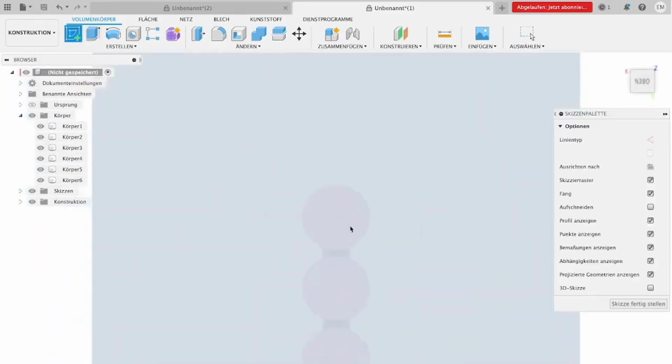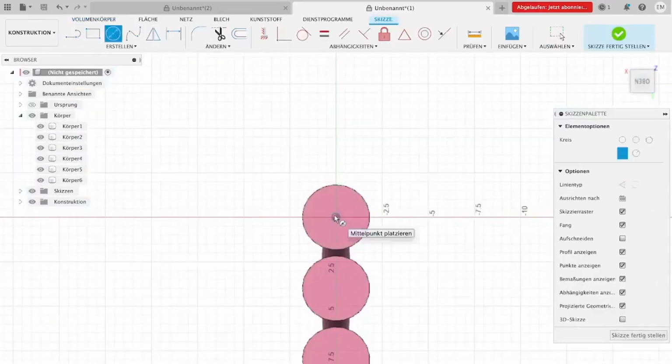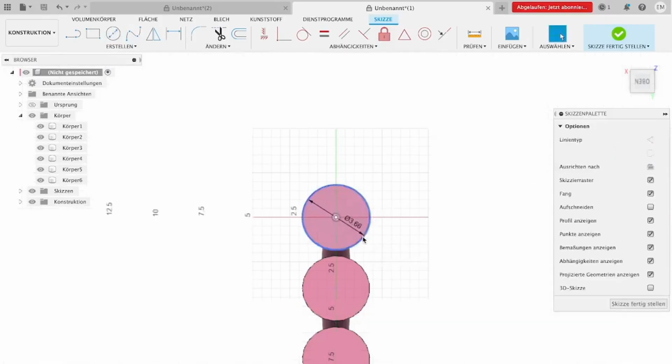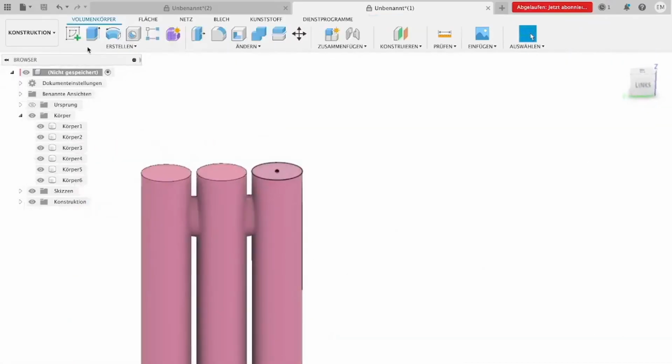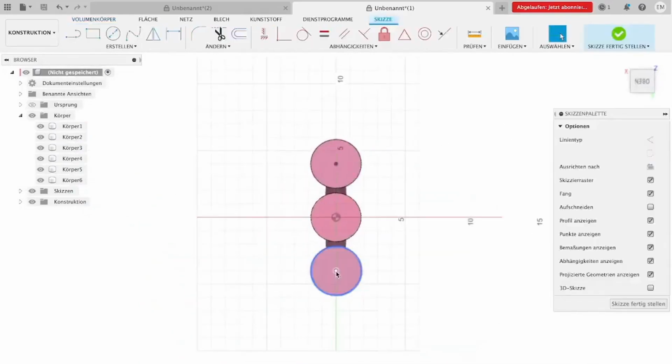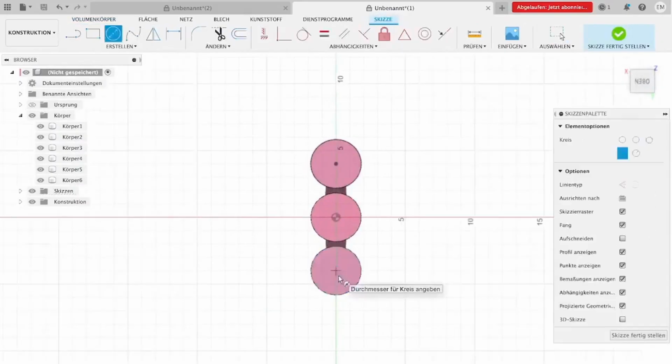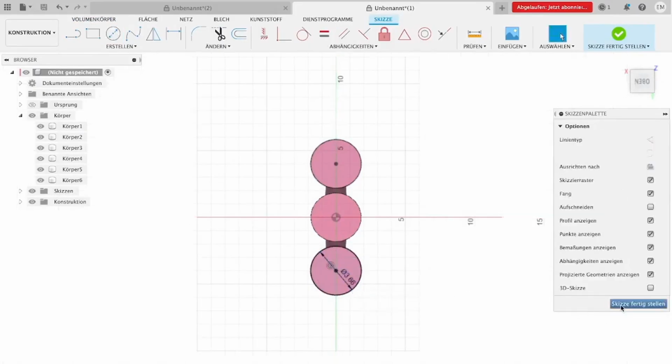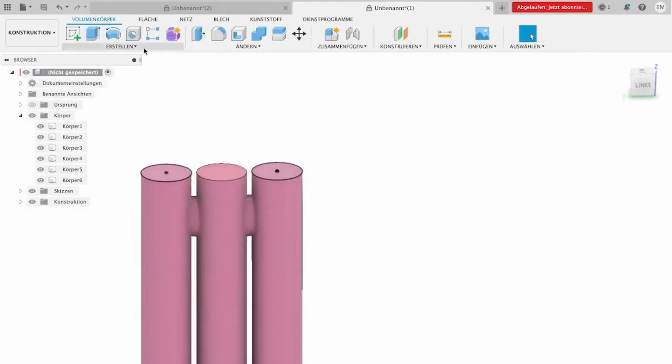I'm now creating a sketch again. Or rather, I'm first constructing a plane, then selecting the diameter for the circle on this plane, so this will be my sketch again. So, make a circle that has exactly the diameter of the cylinders that I built earlier. On the other side, I do exactly the same. I first built this plane, and then do it again. C for circle, diameter again 3.66 meters. And then I have on both sides